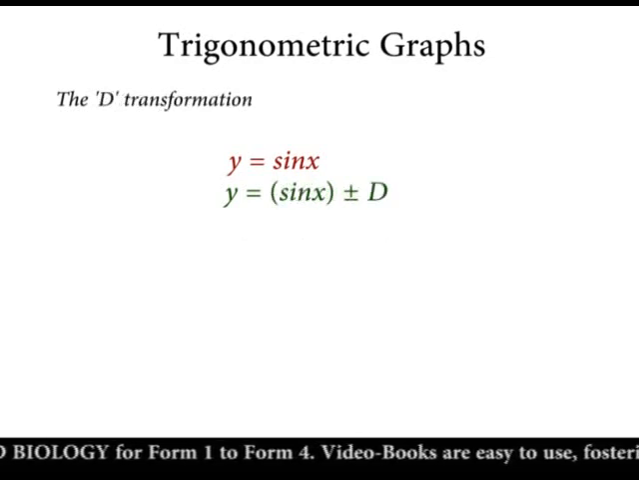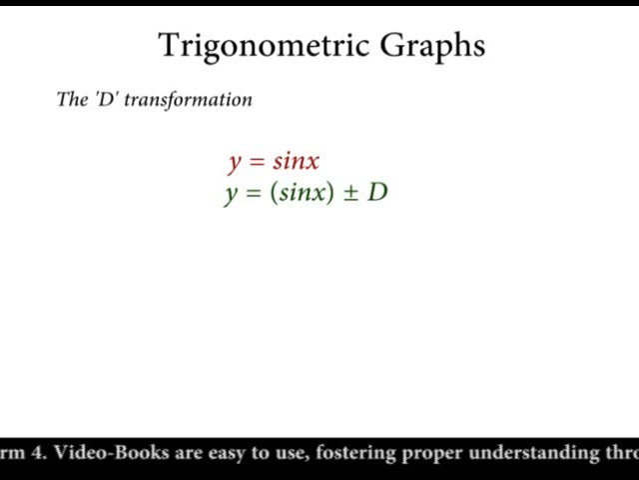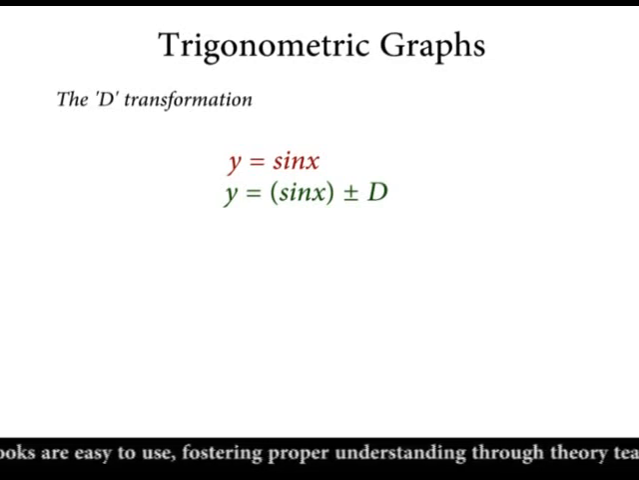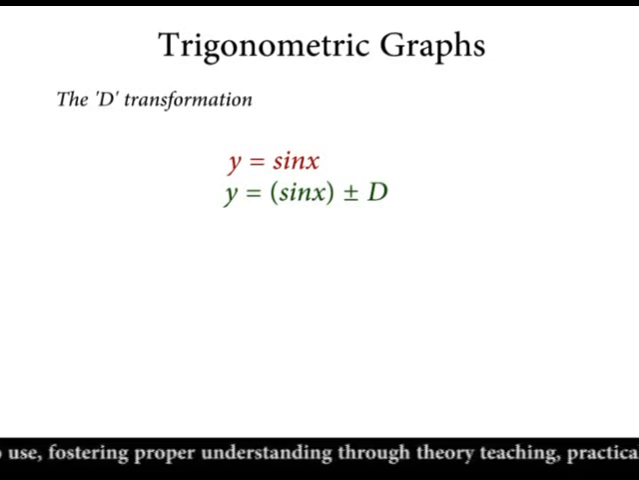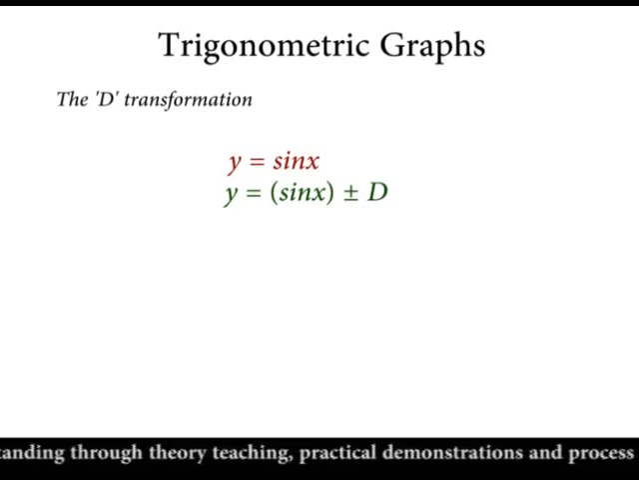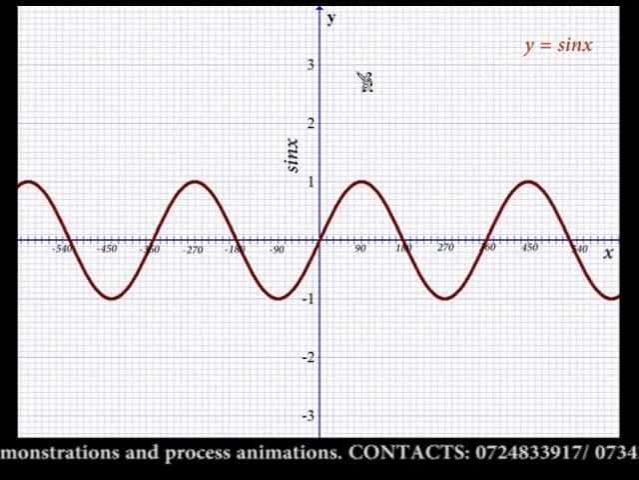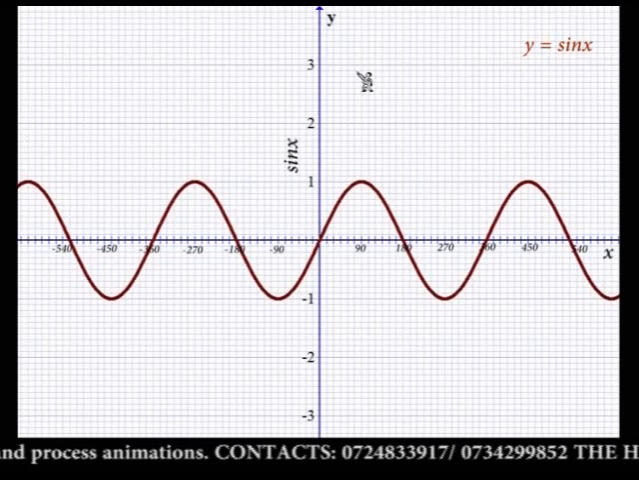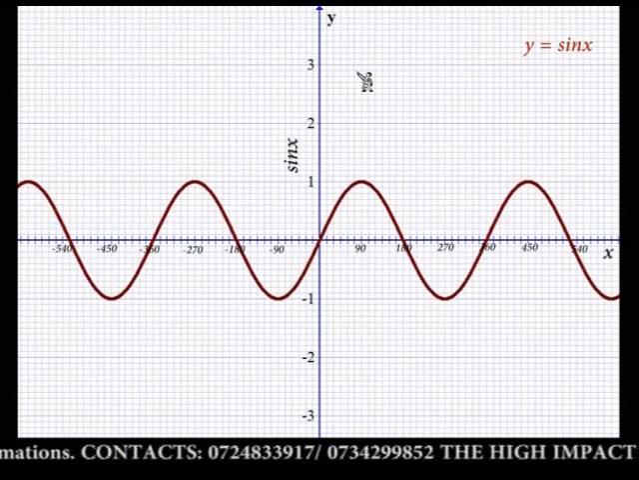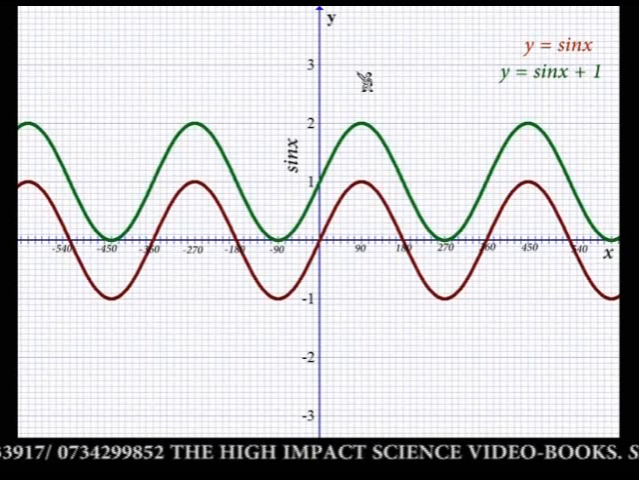Now, the next transformation is called a D transformation, like y is equal to sine x plus d, where a constant d is added or subtracted at the end of the function. Let's see the effects of the D transformation. This is our base function, y is equal to sine x. The graph of y is equal to sine x plus 1 will see the entire graph shifted upwards by 1